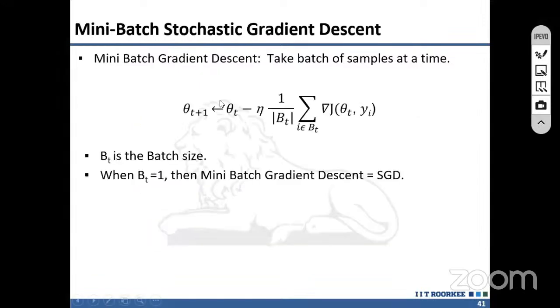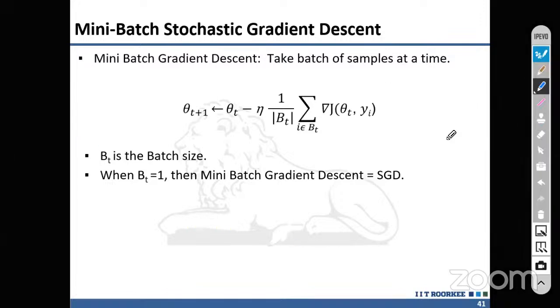We have discussed gradient descent and also stochastic gradient descent. Now there is one in between, called mini batch gradient descent. Instead of taking all the samples, I will take 100 examples or 200 examples, and then I adjust the weights. Next I will consider another 100 examples and adjust the weights. So this is called